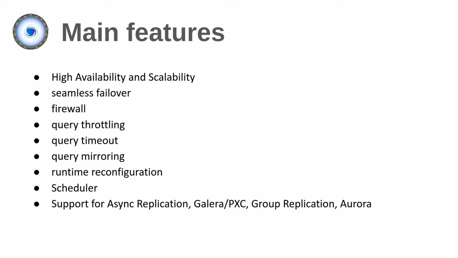By default, ProxySQL is replication agnostic, so it doesn't know anything about replication. So it doesn't really care if there is any replication between the servers that are configured behind ProxySQL. But if you configure some specific monitoring check, then at that point it tries to become aware of what sort of replication there is between the servers and performs the relevant checks.